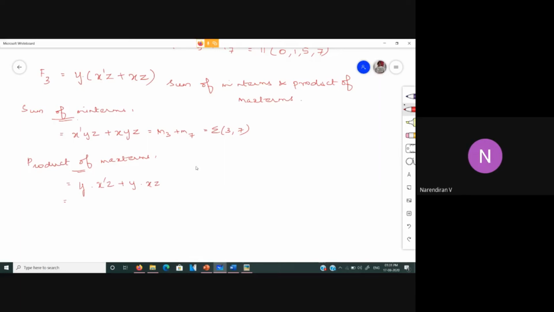No ma'am, not like that. Let xy remain common as it is. x bar z plus xz will be equal to x bar z plus x dot x bar z plus z. Yes, that would be the better option actually. Instead of having it this way, this would be the easiest thing. You can do it this way also. However, this will give you too many terms. But by practice, you will get to know all these.